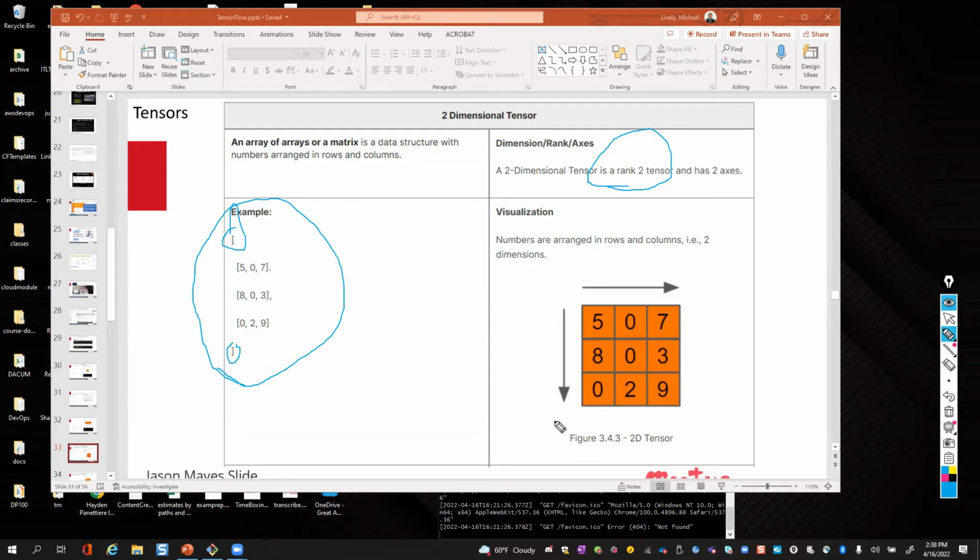So what do you think a tensor of rank 3 would be? Array of arrays. Absolutely, you nailed it.